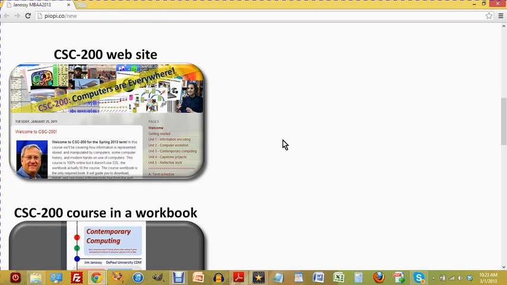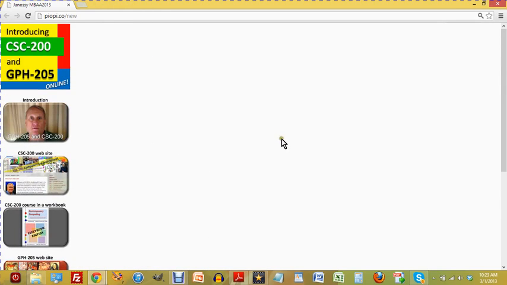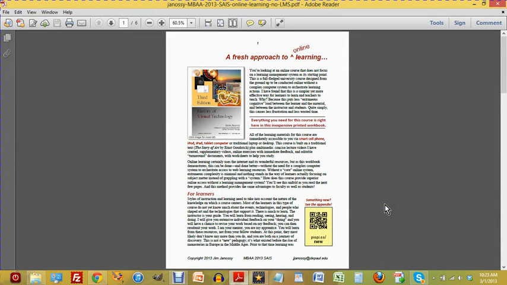Let me show you what this looks like. I'll just simulate what it looks like on an iPad or an iPod or a cell phone. These icons are smaller, and it comes up like this. They work exactly the same way. This is really a convenience that's well appreciated by students, and as more and more of them begin to use mobile devices that they already have, such as a smart cell phone, you extend the reach of these materials.